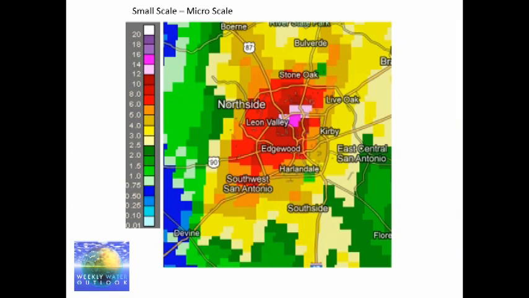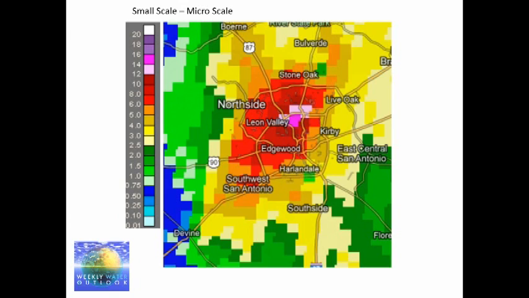Well, now that we're getting close to summer, I'm going to be talking a lot about what we call mesoscale type precipitation patterns. And these are very small in area. Now, during the winter months and spring, we've had these widespread rain events, and I'm going to be talking about one today. But more and more, they're going to become either mesoscale, which is a smaller area, or microscale.